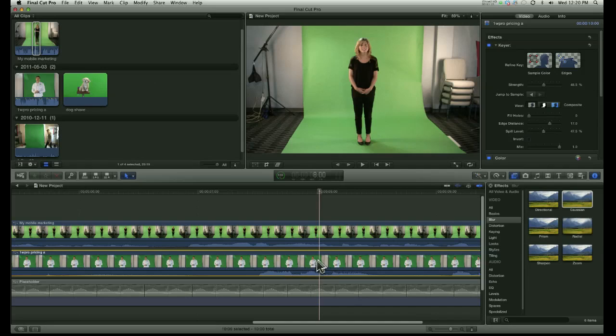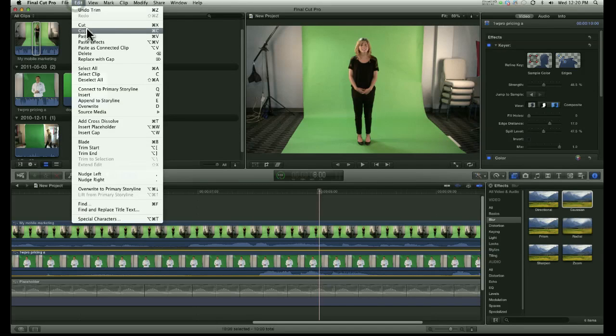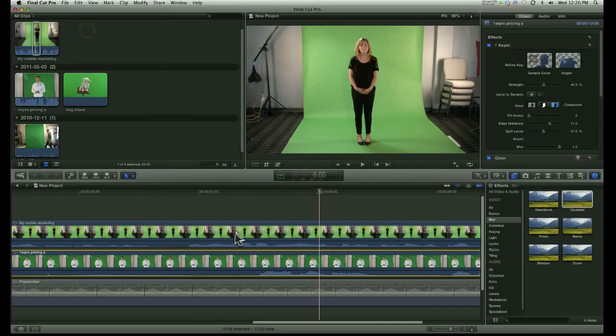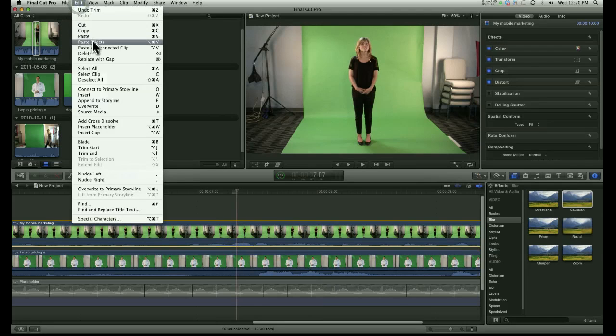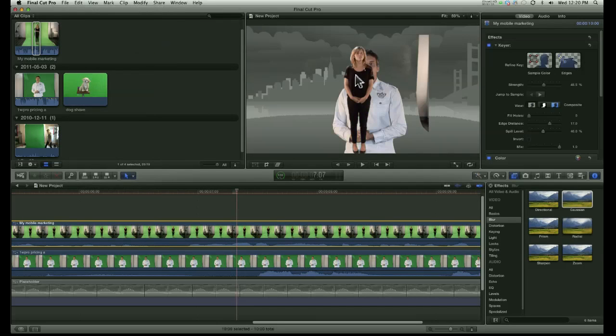So if I click on myself, I've added the chroma key, and I push Command C as copy. I can copy it, or else we can go here and go copy, obviously. And then if I go to the next subject, then I go to here and paste effects. You can see the hotkeys right here. And bang, she has the same attributes, the chroma key and everything, although we can see we're having some problems with the